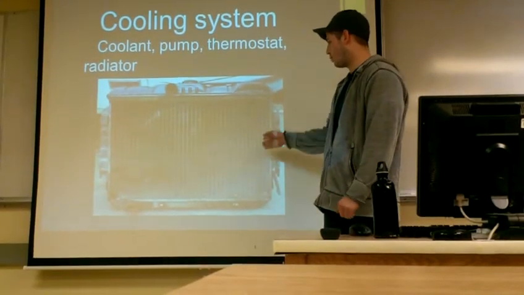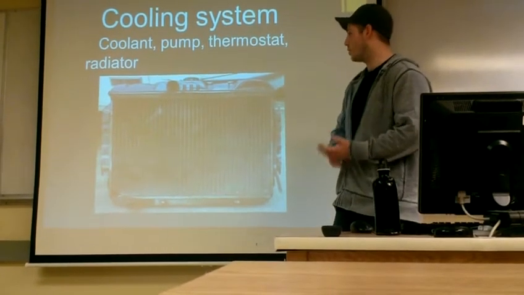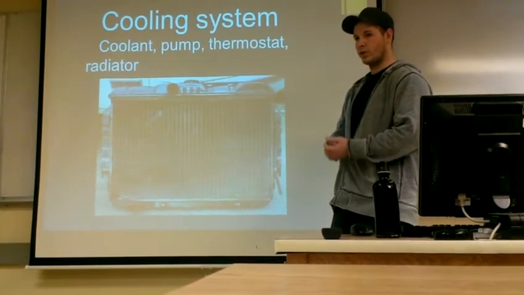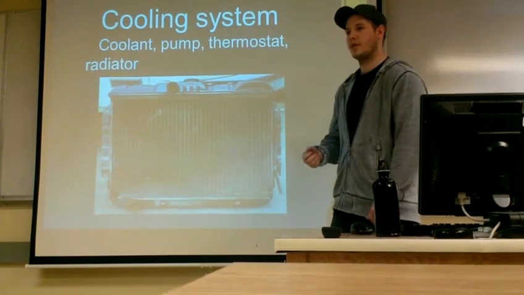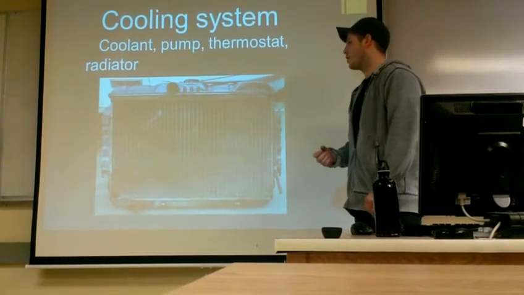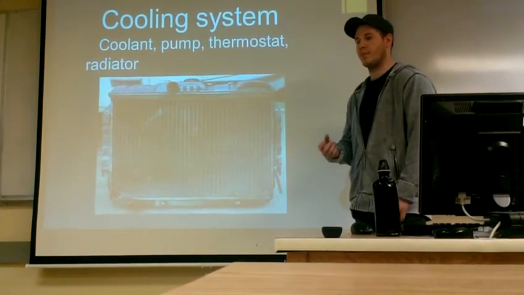Cooling system. So this is a picture of a rad. And the main components of the cooling system are the radiator, the coolant pump, and a thermostat. So because the block and the heads get hot from combustion, they need to be cooled. So there's a water pump driven off the serpentine belt from the crankshaft,